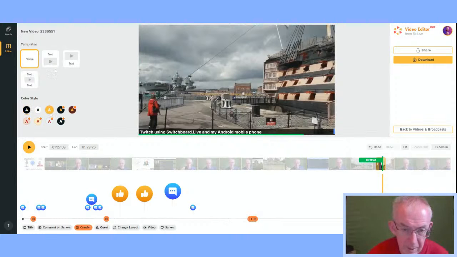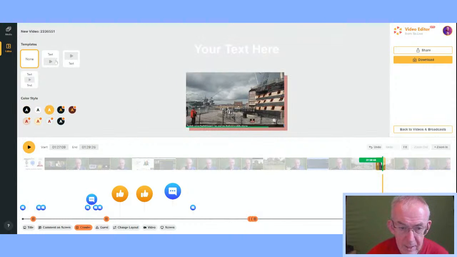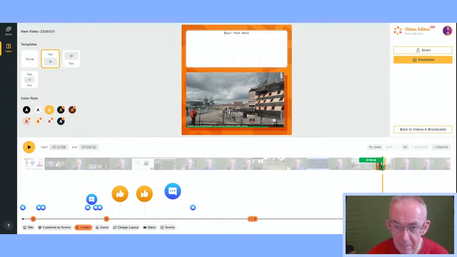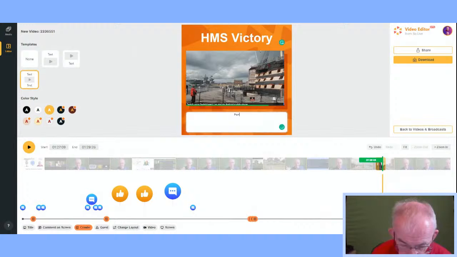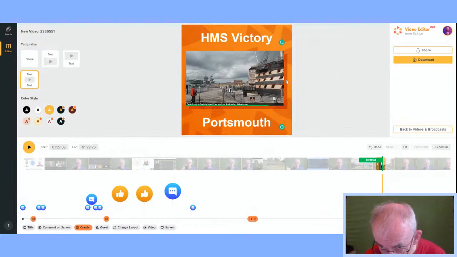Yep. I'm going to have text. Okay. And I'm going to put HMS Victory. Hang on. Let's get rid of what's already there. Okay. And I'm going to change it again. And I'm going to put Portsmouth. Okay, so now